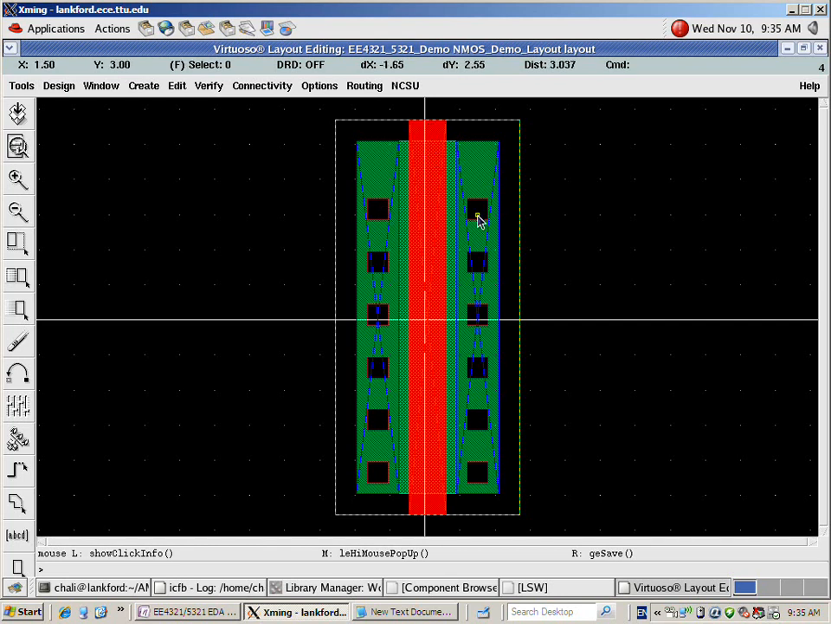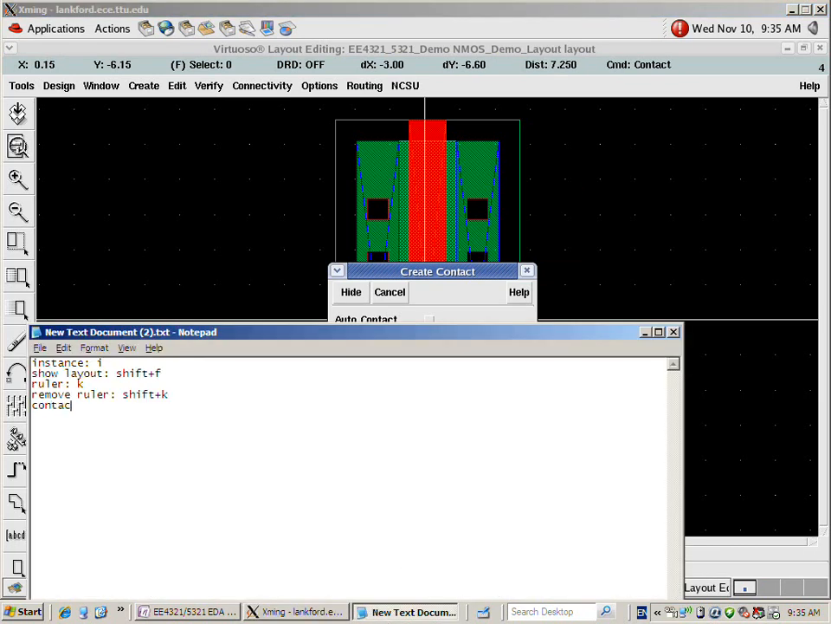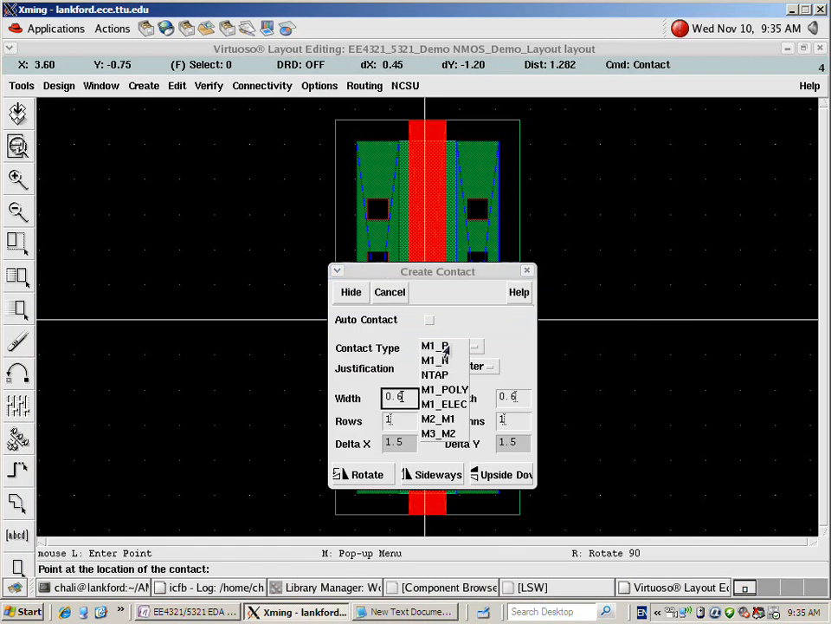And what is missing here? Yes, thank you. It's body. So I have to make contact from metal 1 to P substrate, right? That is body. In order to add contact, I use button O. And there we have all types of contact from metal 1 to P. P means P substrate. From metal 1 to polysilicon, from metal 1 to metal 2, and from metal 3 to metal 2. So I choose metal 1 to P